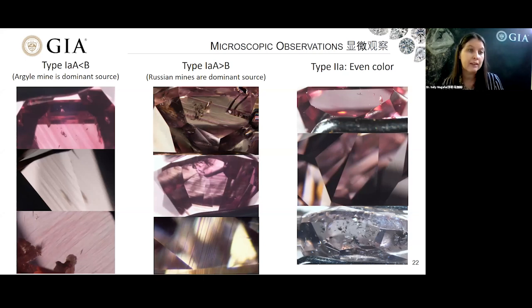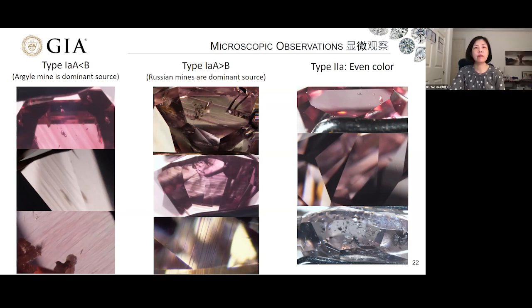The Argyle mine in Australia is the dominant source. 现在先看左边这一组的照片，这是叫 1A，A 小于 B 型，就是A 中心，刚才我们说的 A 中心、B 中心、C 中心啊，1A 型的钻石，但是里边 A 中心的数量小于 B 中心的数量，叫 1A，A 小于 B 型。它的如果您看镜下的话，它有粉色的色带，然后这种色带一般不是笔直的，它是这种弯曲的，然后比较宽一点。这种钻石一般来自澳大利亚的阿盖尔这个矿，它现在已经关了，但是它其实是主要的一个粉钻产地。